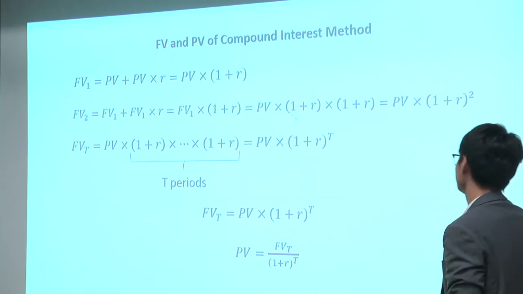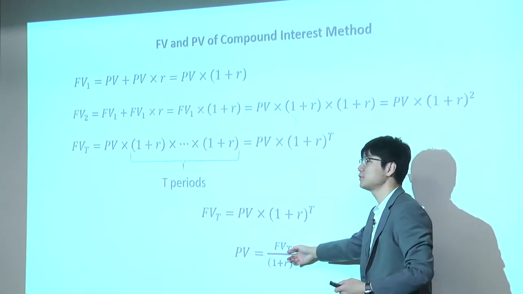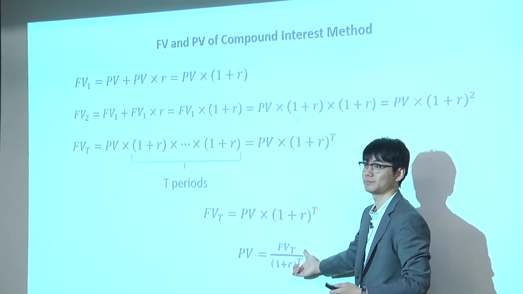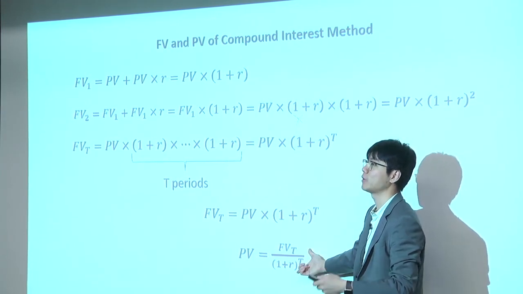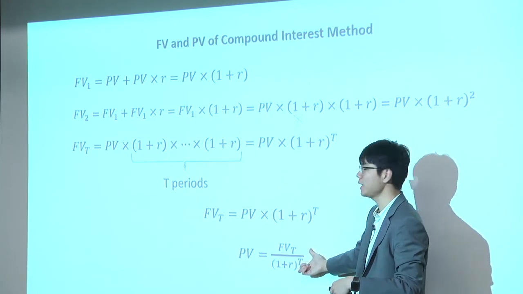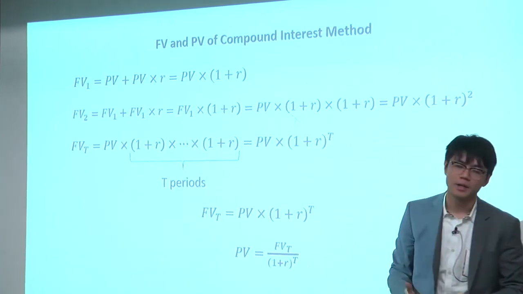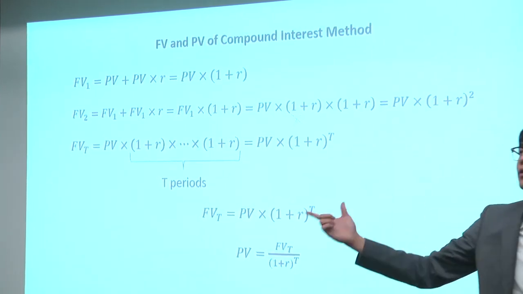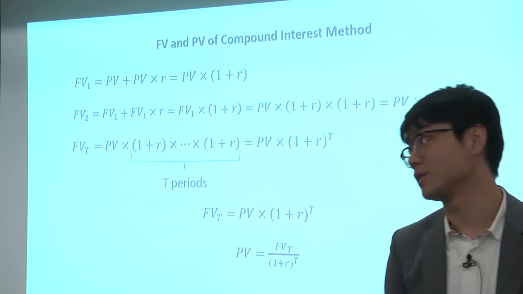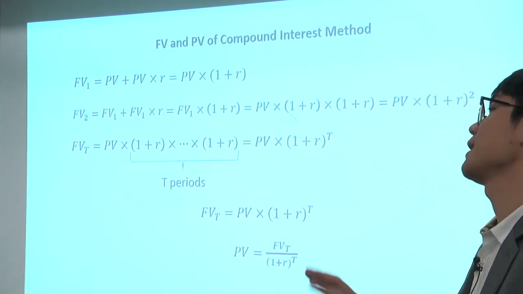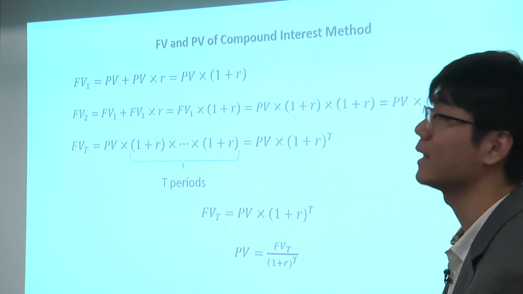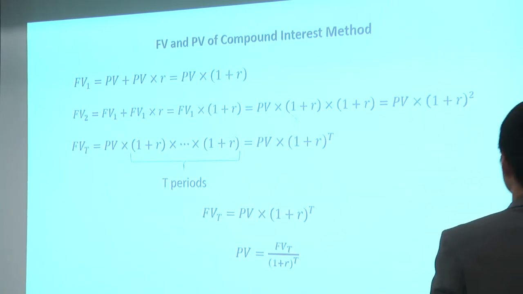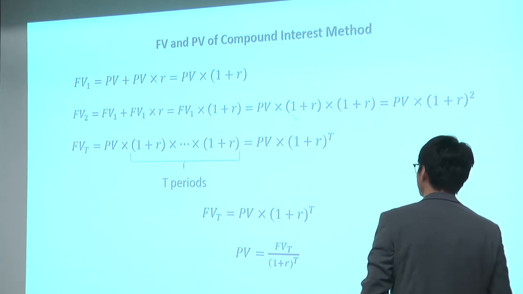Now, high school algebra tells us we can do this. We can use a future value to calculate the present value. What's a good example of this? You want to spend $2,000 in 2 years, or you want to save $2,000 in 2 years. What should I set aside today at a 6% interest rate? You can do that. Great.